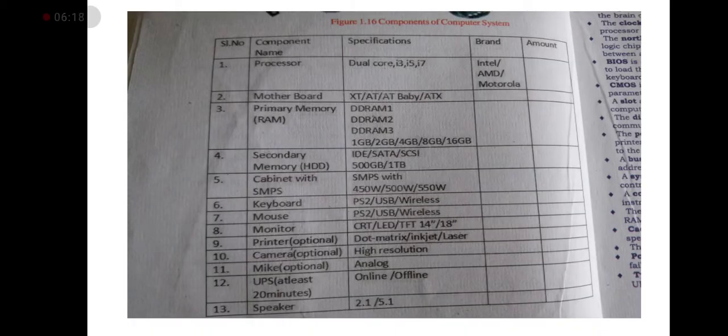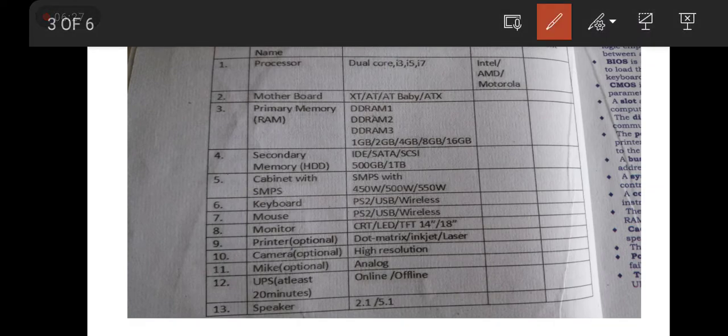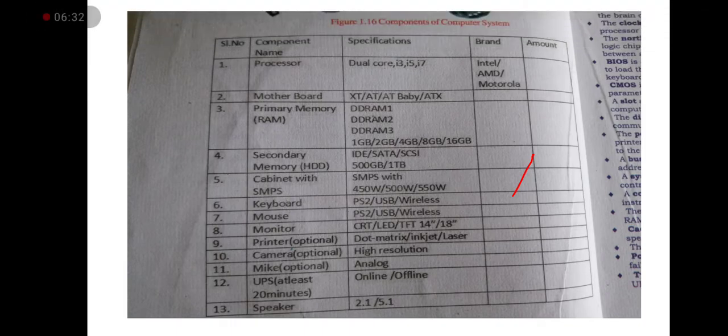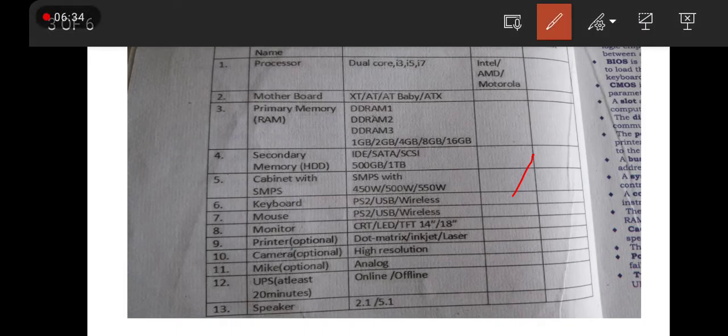Now, here are some of the brands and specifications of the components of the computer. Processor: it may be dual core or i3, i5, i7, and the brand is Intel.